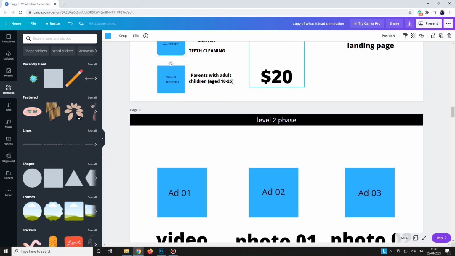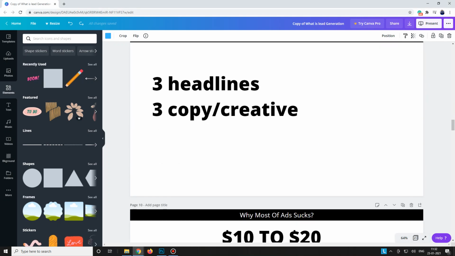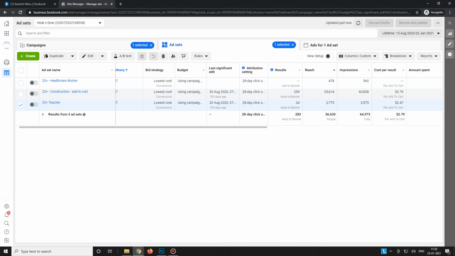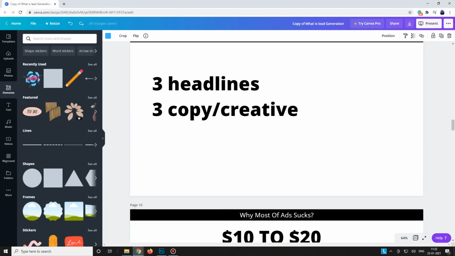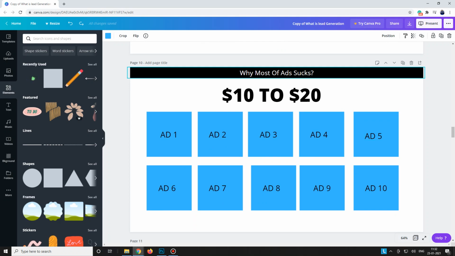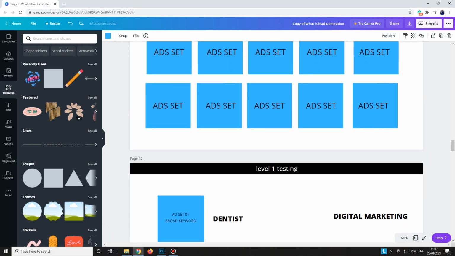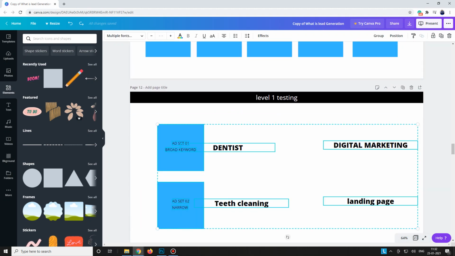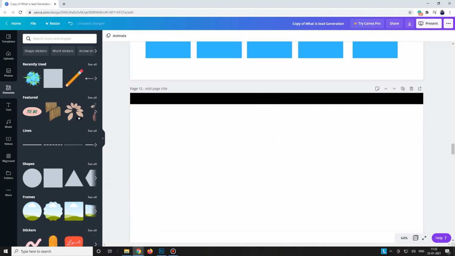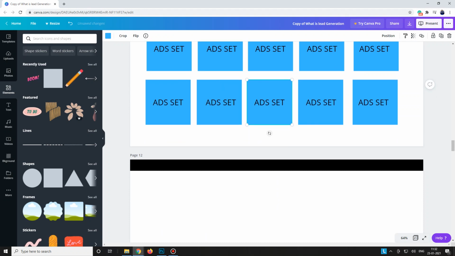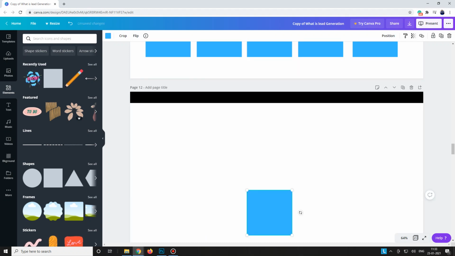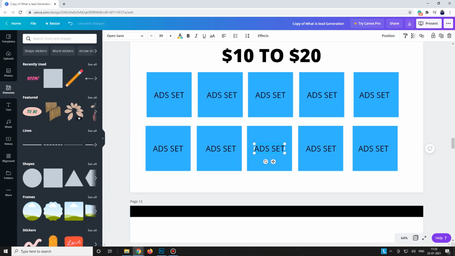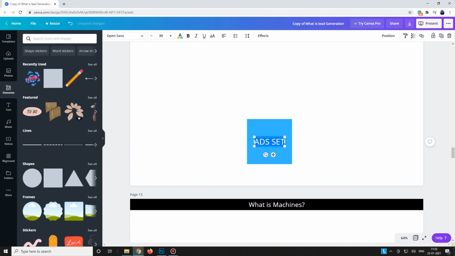Let's go inside. You can see that I have created only one ad here, only one ad, not more than that. Why do we create one ad? Okay, just a minute, let me remove this. Okay, where is the ad set? Okay. One ad, in which case am I using this one ad?